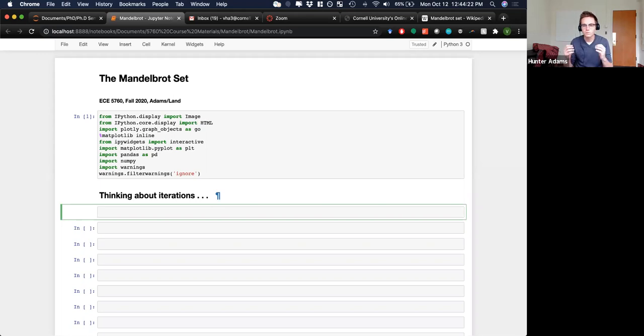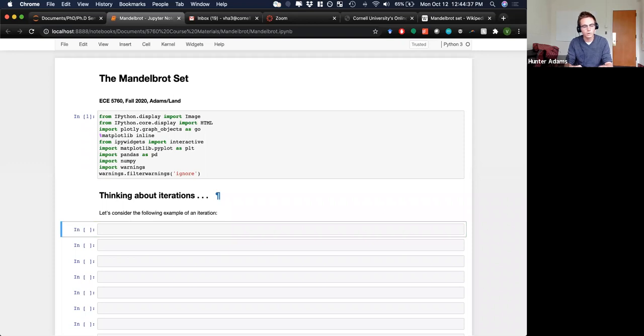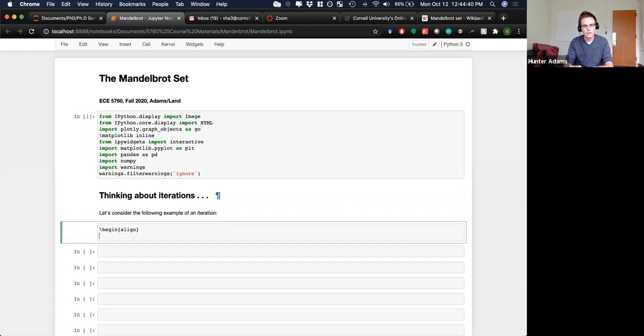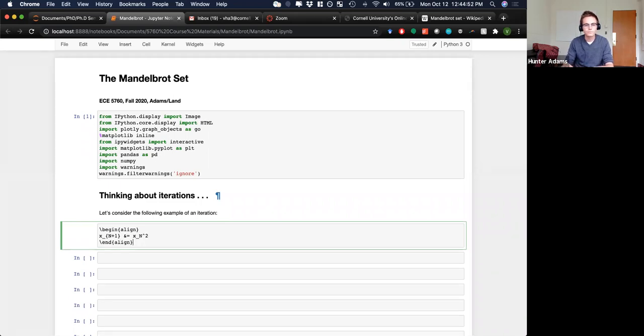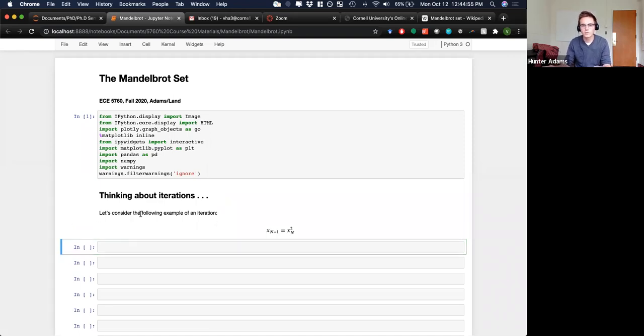So in order to make it clear what I'm talking about, I want to start with a very simple example of an iteration. So let's consider the following example, where x at n plus 1 is equal to x at n squared. Okay, so we're going to start with some number x0, and we're going to square it, and then we're going to take that number and square it. That'll be our next number, and then we'll square it, and we'll square it, and we'll square it,